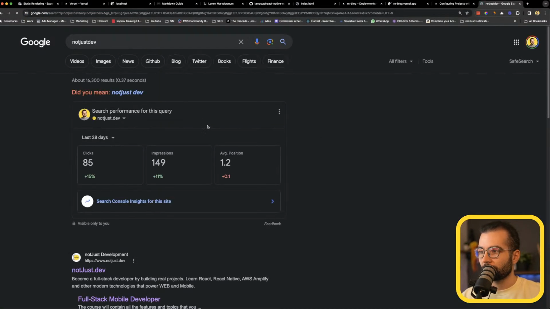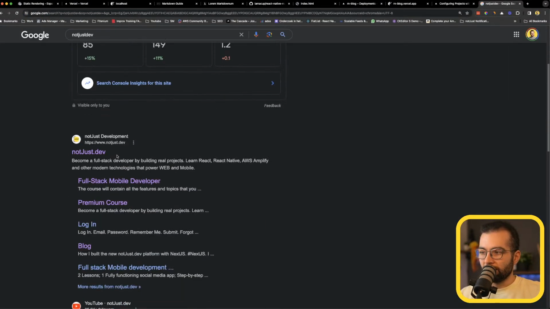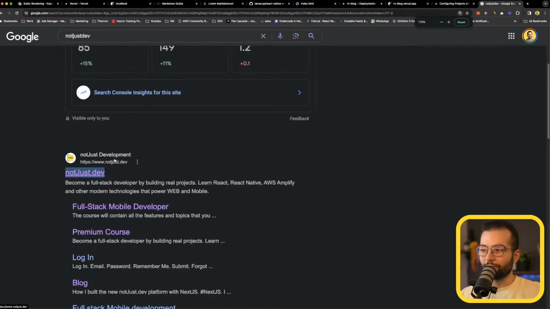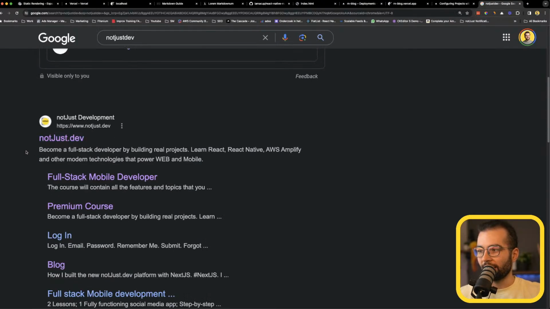notjust.dev, this at the top is going to be the title of the page, and this is going to be the description of the page. These are probably one of the most important parameters for search engine optimization. We need to set a proper title for the page and a proper description that users will see when navigating